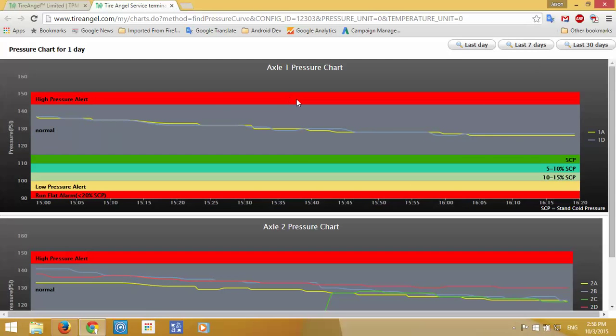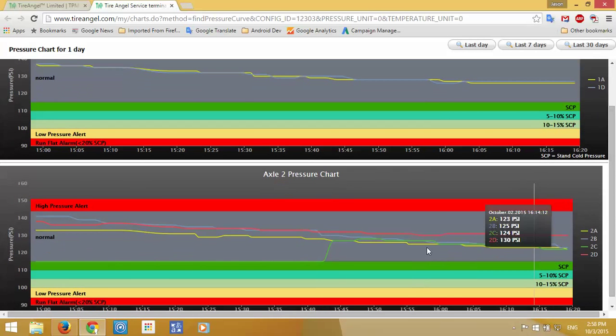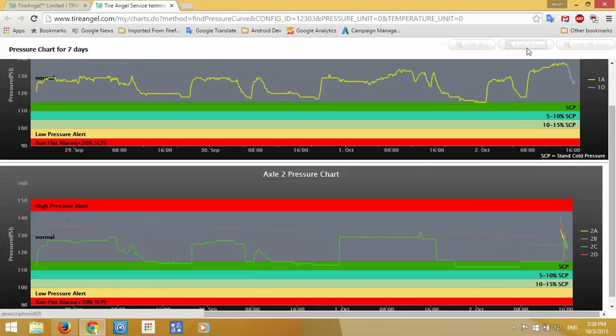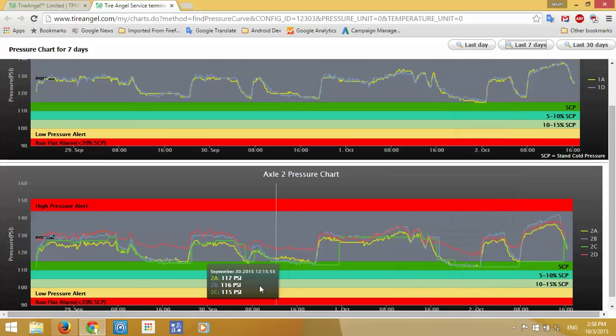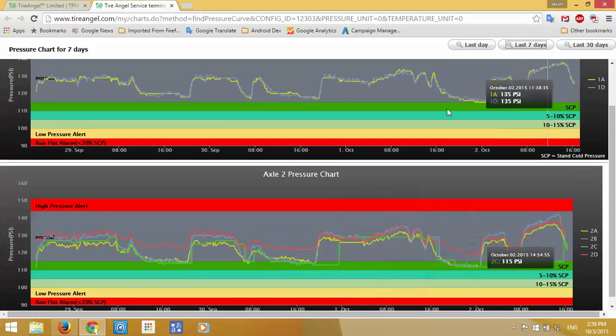If I take a look at the pressure chart for this particular wheel, you can see that the lines are all inside the gray. If I look at 7 days, you see sometimes when it's cool, it's right in that 5% area, which is very, very good. Then it starts working, and it comes down and starts to cool, and it starts working and starts to cool. And then from here,